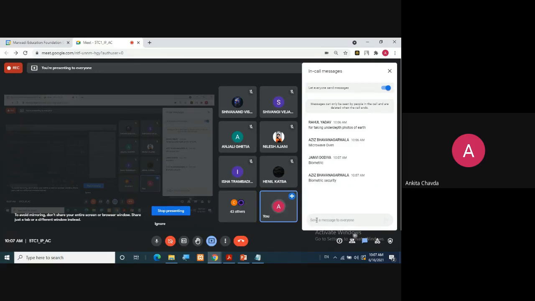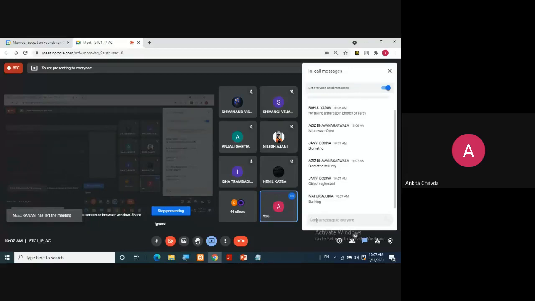In industry where we are using image processing, banking, then.